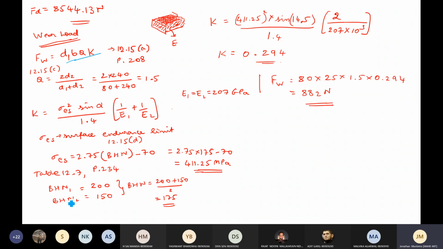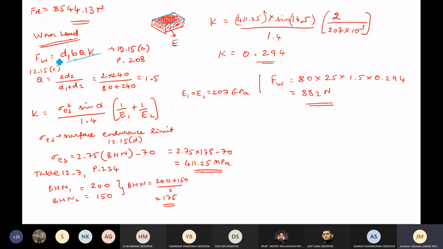So here, as I was saying, Q is the ratio of the diameters and K is a material property given by the surface endurance limit. This is something inherent only to the surface of a material. Inside, E1 and E2, the Young's modulus part, may be the same, but for the same material you can give a surface treatment so that the surface endurance limit will change for different types of materials. That is what we are trying to find out here.